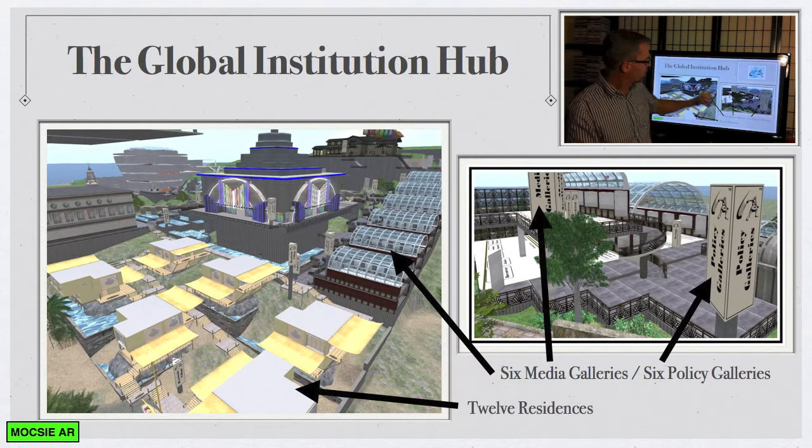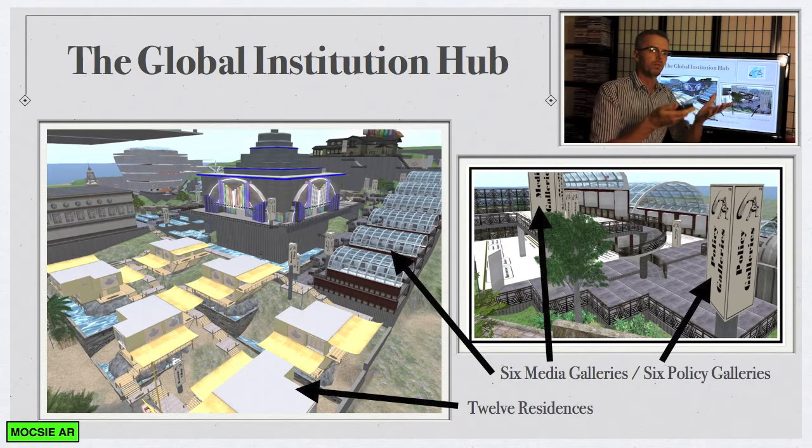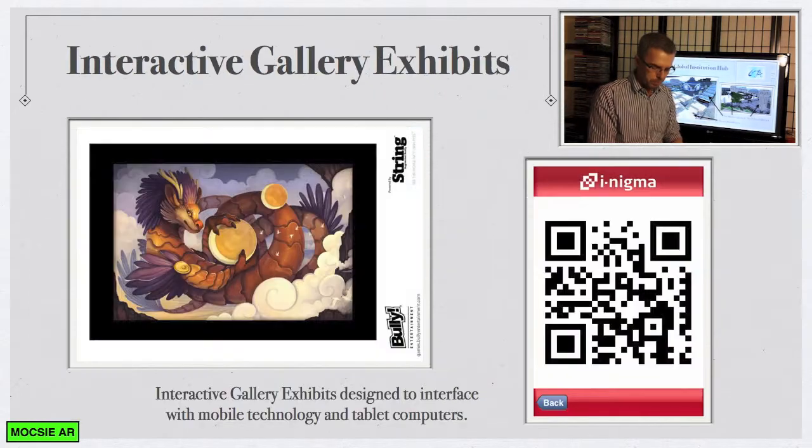You'd have also much larger galleries, as seen here, so that what percolates to the top in the individual nodes now has this very, very prominent hub where mainstream media might be picking up the stories, and where other people would come and see it as a clearinghouse for the policies that are being aggressively pursued as ready for the agenda setting process. And the most compelling stories throughout the nation would come into these galleries here. And so this would be the way of augmenting the reality of how individuals at a national and an international level come together.